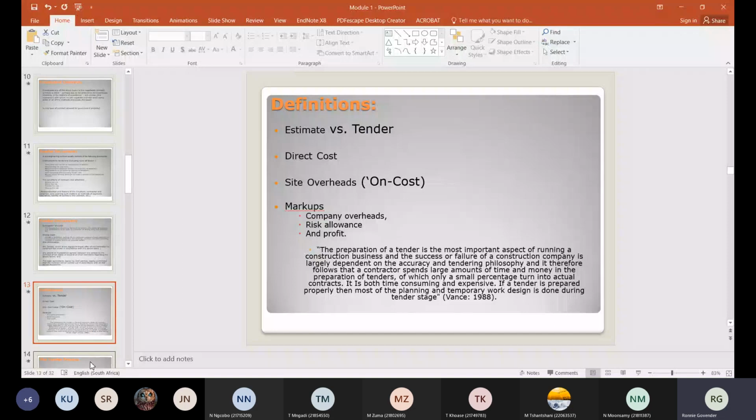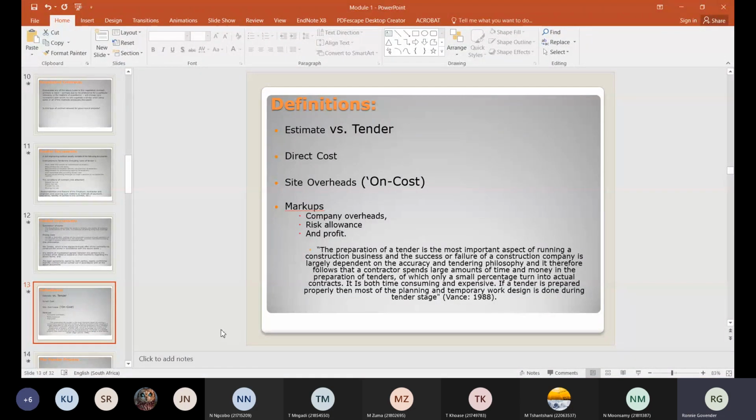Same thing, if you estimated 1 million and you got a guy that comes in at 25 million, again, he's either too greedy or he made a mistake somewhere along the line. So you'll set that aside as well. You won't include those in your adjudication. Adjudication is when you start reviewing all the prices that came in. Then you look at your direct cost. Now, direct costs are all the costs that are related to that project, in other words that contract.